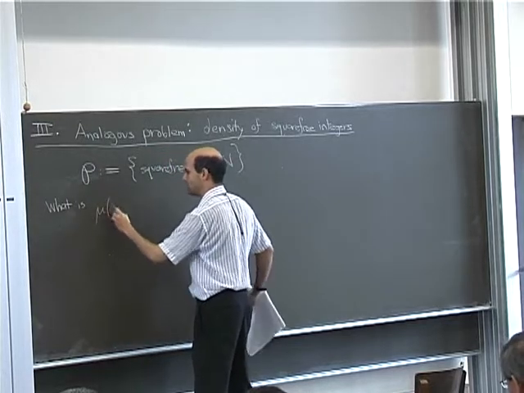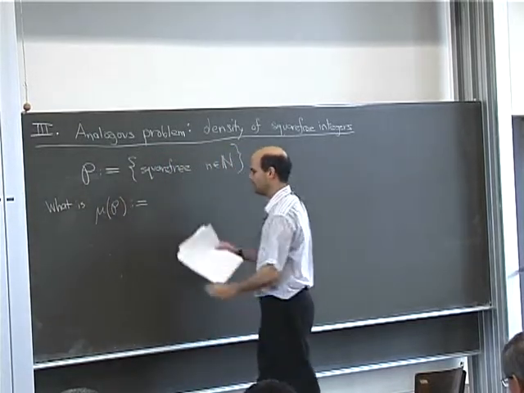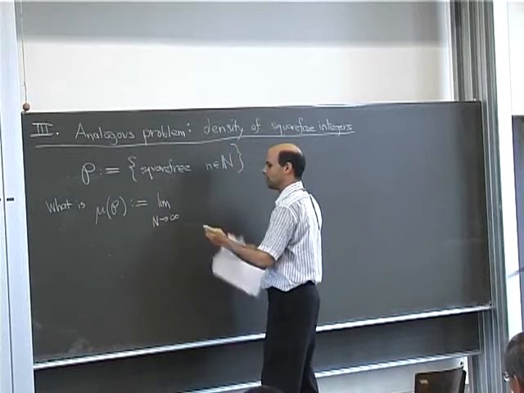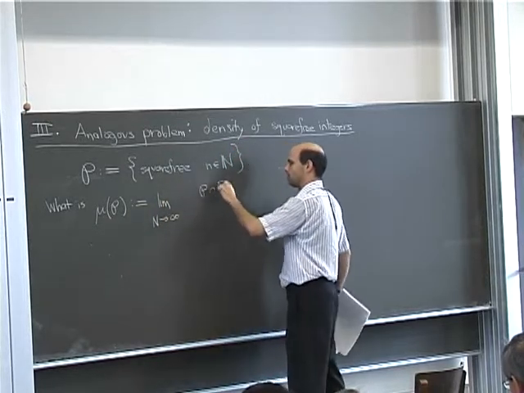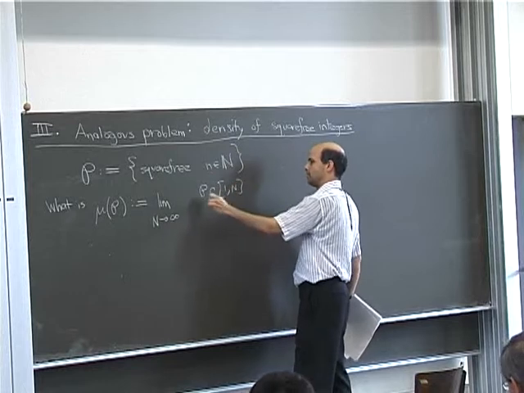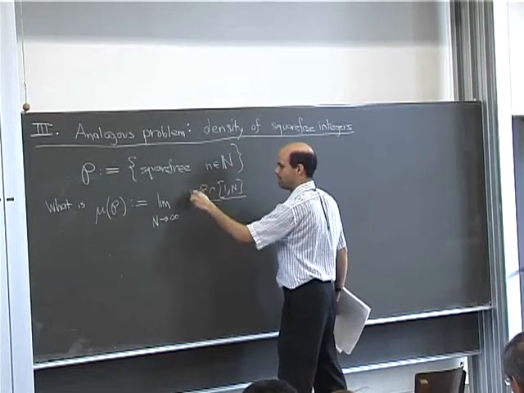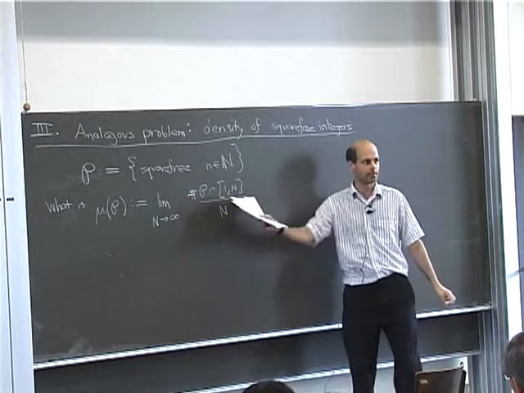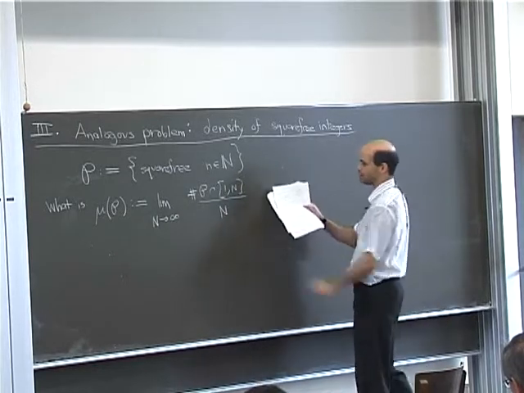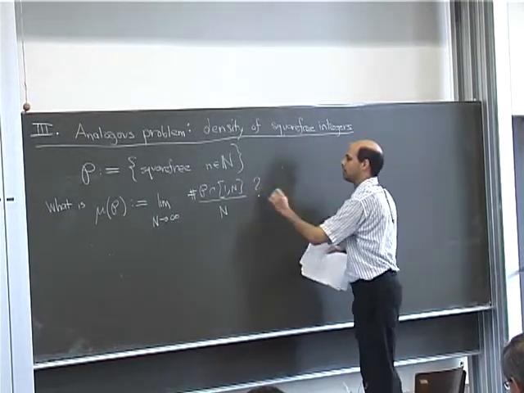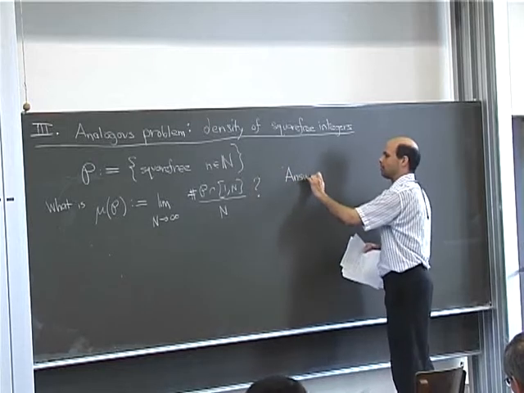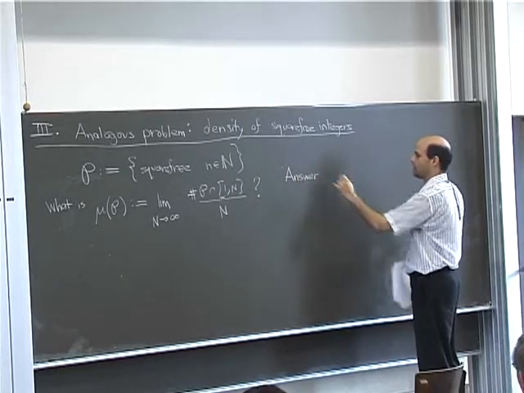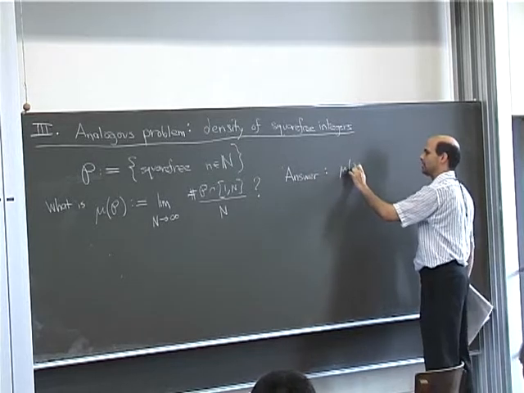The density would be defined in the obvious way: you look at what fraction of the first n integers belong to the set, and take that limit, if that limit exists. And the answer, which probably many of you have seen before, is that this density